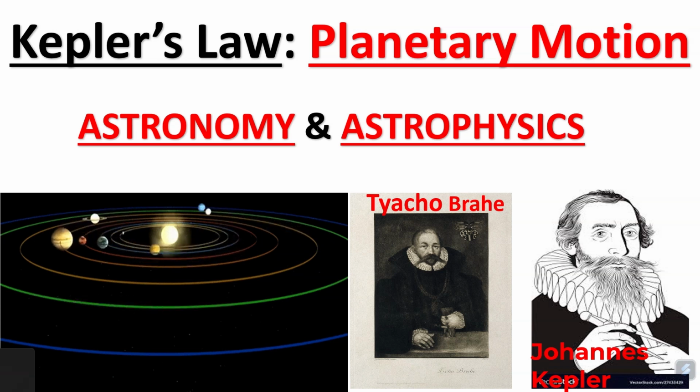In this video we will discuss basic concepts involved in Kepler's laws of planetary motion. Basically, Kepler's laws of planetary motion describe the motion of planets in the solar system. The laws were first proposed by German astronomer Johannes Kepler in the early 17th century. Let's first dig into history, how they got data and discovered these laws of planetary motion.